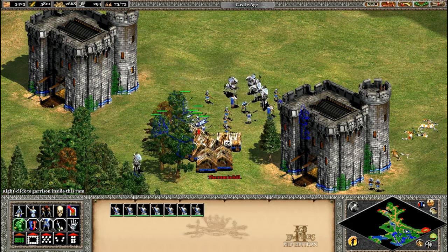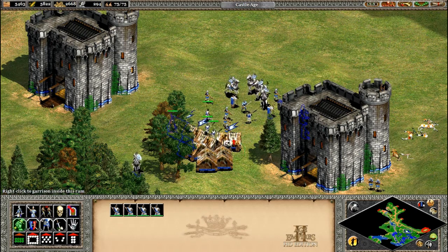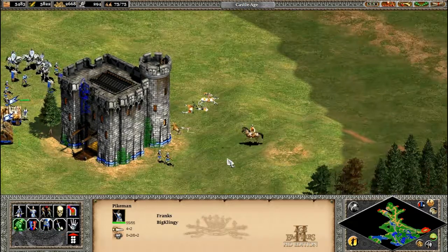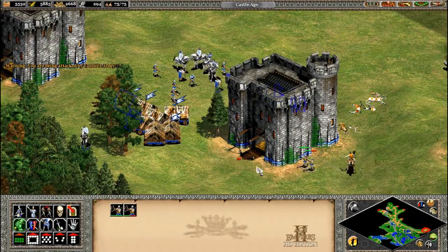Right, that ram seems to be full. Let's garrison this one. Okay, those two are both full. Let's go in another one. That one's full. And you guys and the last pikeman go in this ram. Yeah, scout cavalry are not going to be too much use to us. Well...